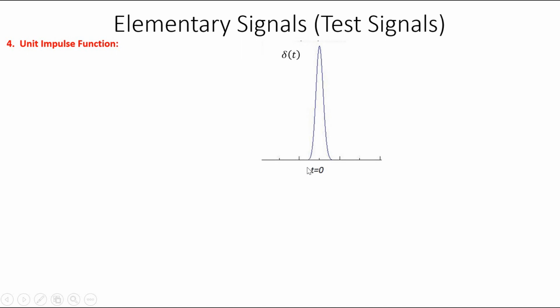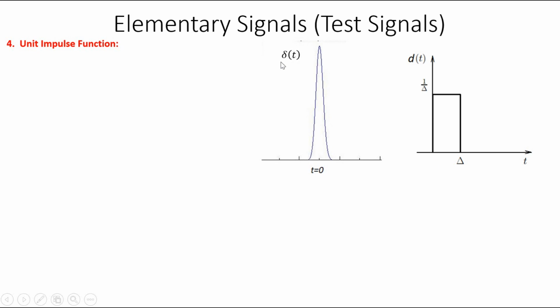It only occurs at a time instant, so it is very hard to represent. We can approximate it like this, a very high value at only a time instant. It is very difficult to directly write the mathematical equation. So in order to arrive at a definition, consider this function d of t, which is rectangular, where this length is delta and the amplitude is 1 by delta. For all other values of t it is 0.